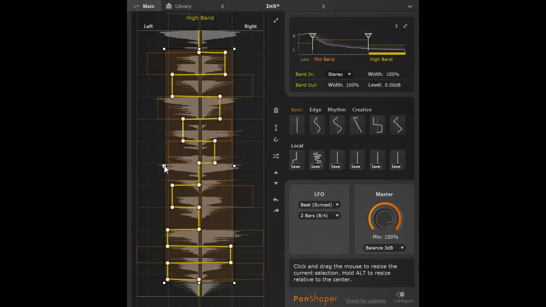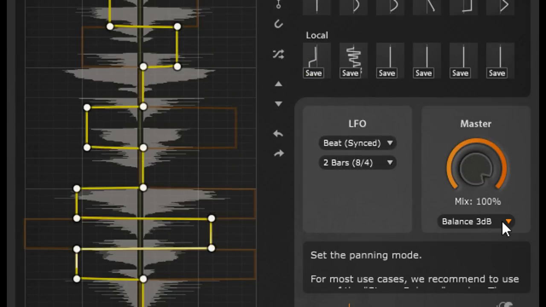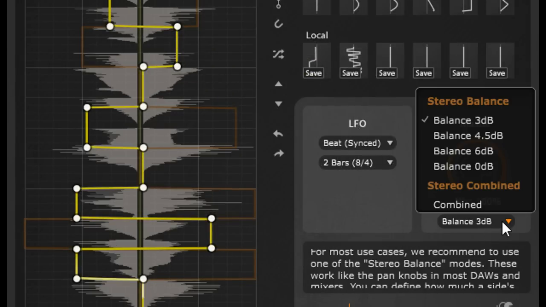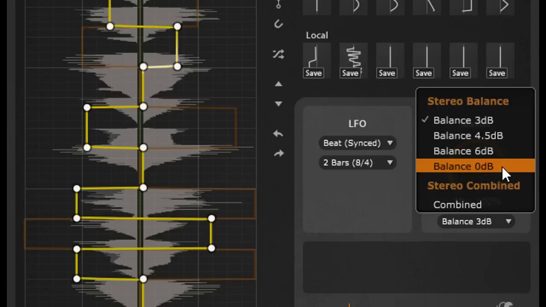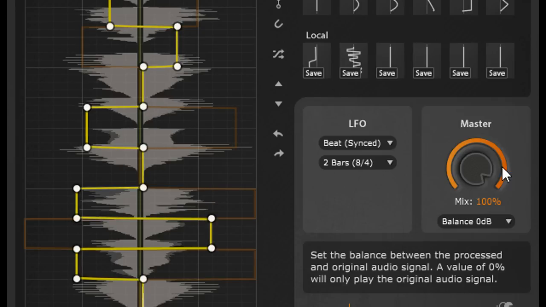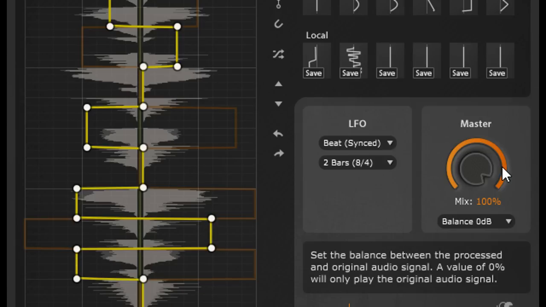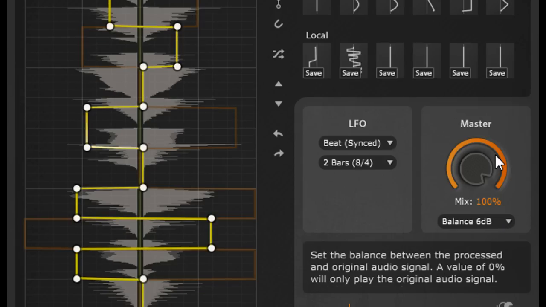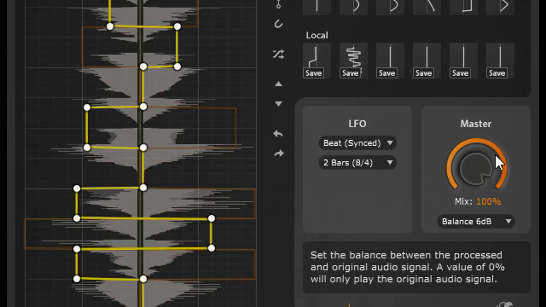The master section also provides a choice of pan laws, which determine the relative volume of hard panned signals. The balance 0 setting doesn't apply any panning law at all, so hard pan signals will tend to sound quieter than centered signals coming from both channels. Conversely, the balance 6 dB setting will boost hard pan signals by 6 dB, which may make them seem louder